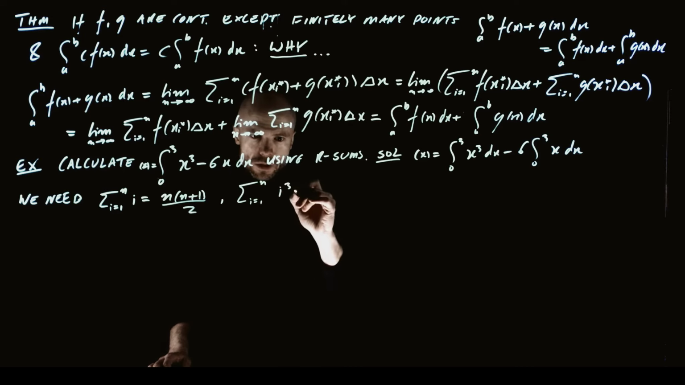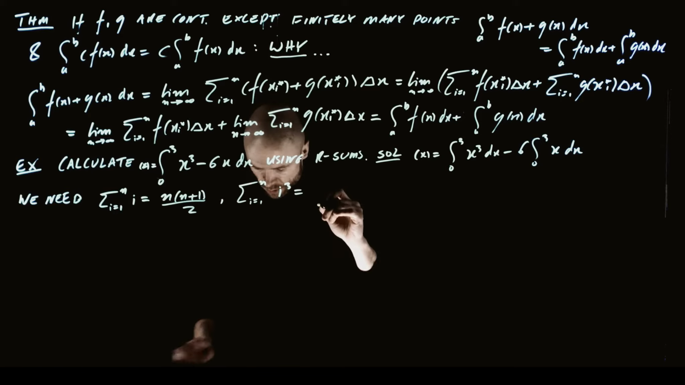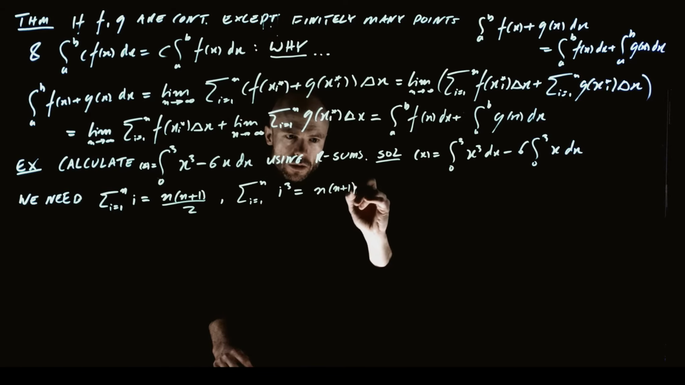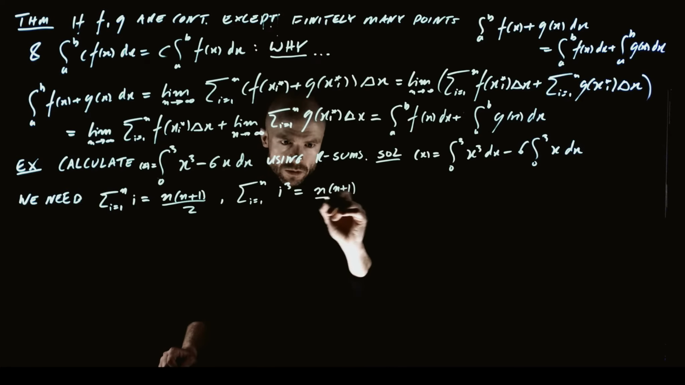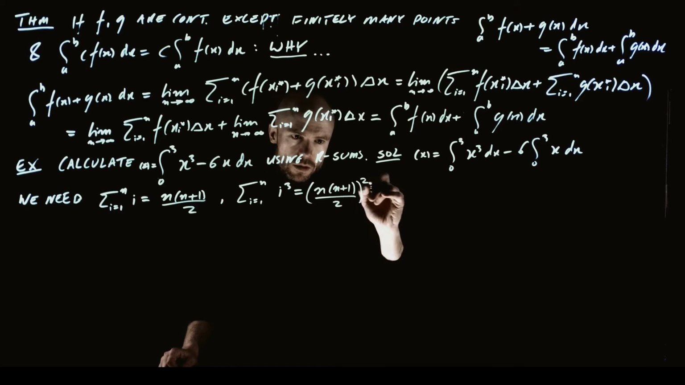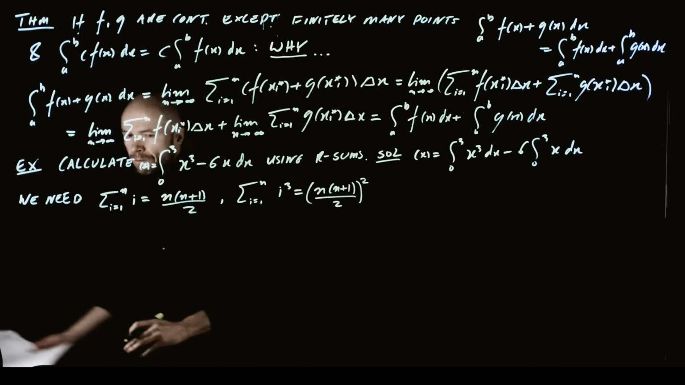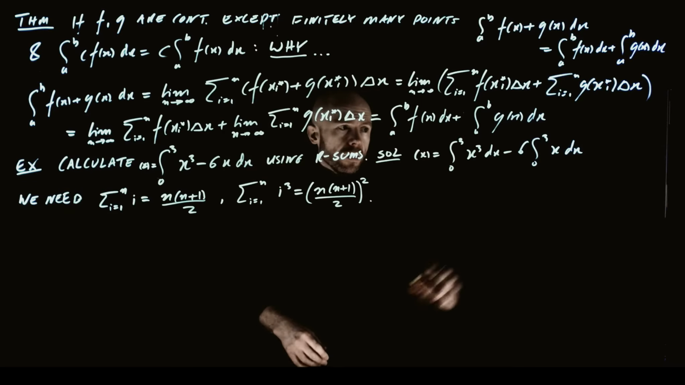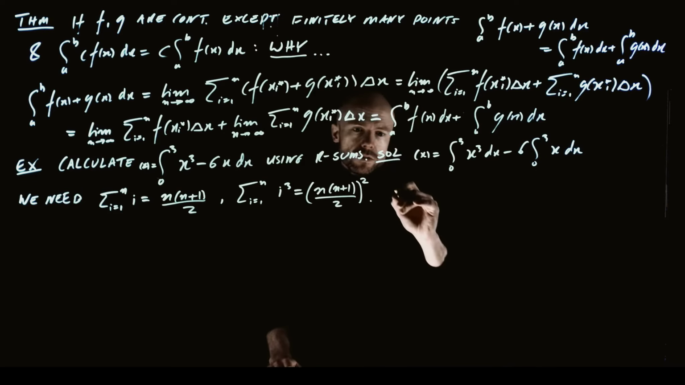So the sum of i cubed for i up to n turns out to be n times n plus 1 over 2, everything squared. Okay, so we're going to use those facts. And let's focus on this x to the 3. So we start with